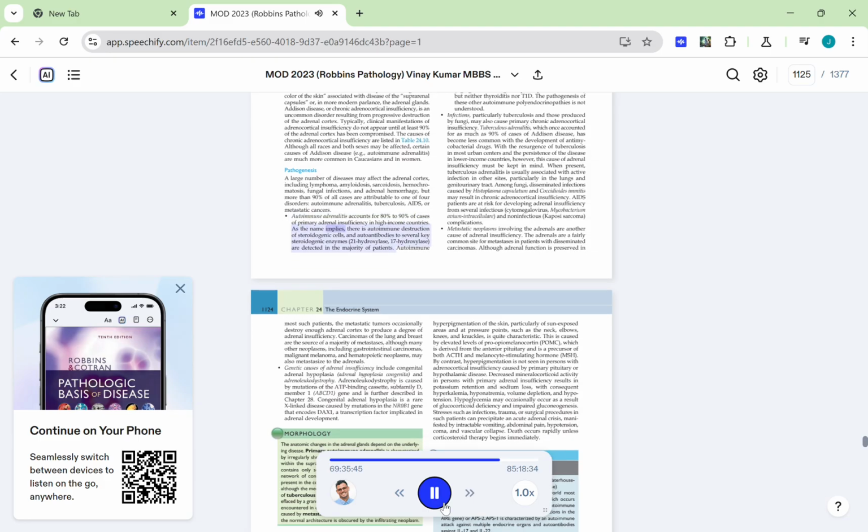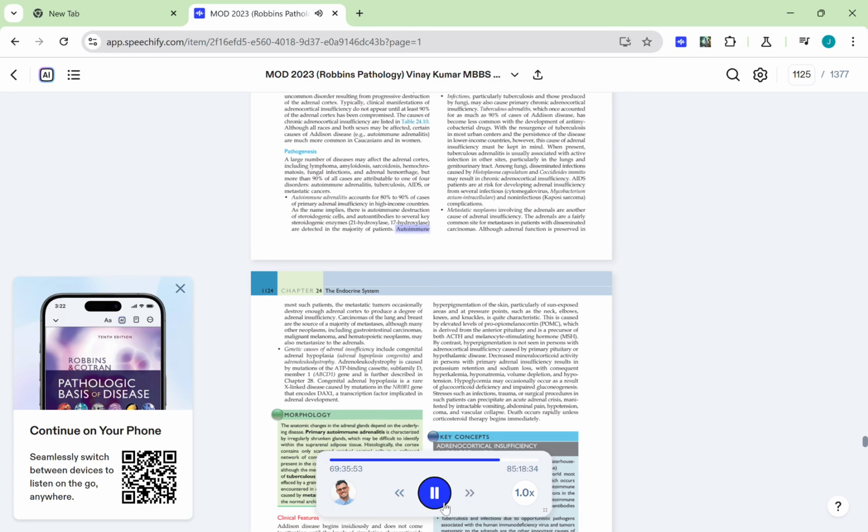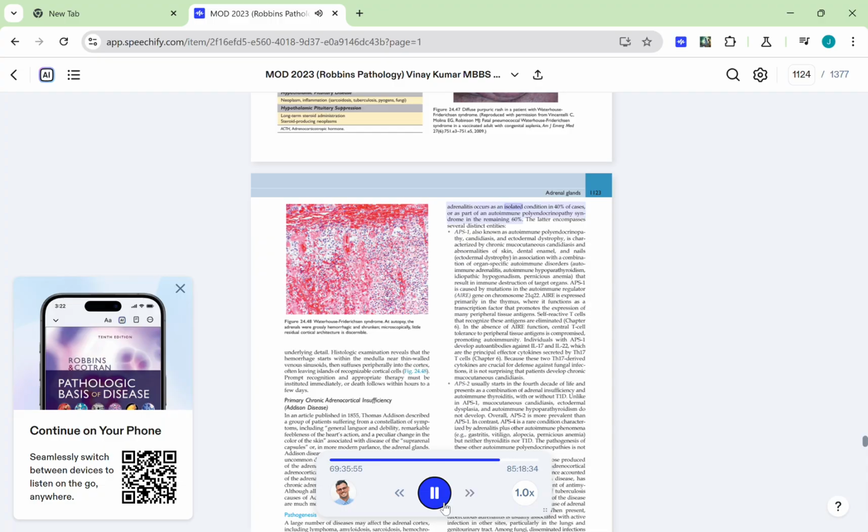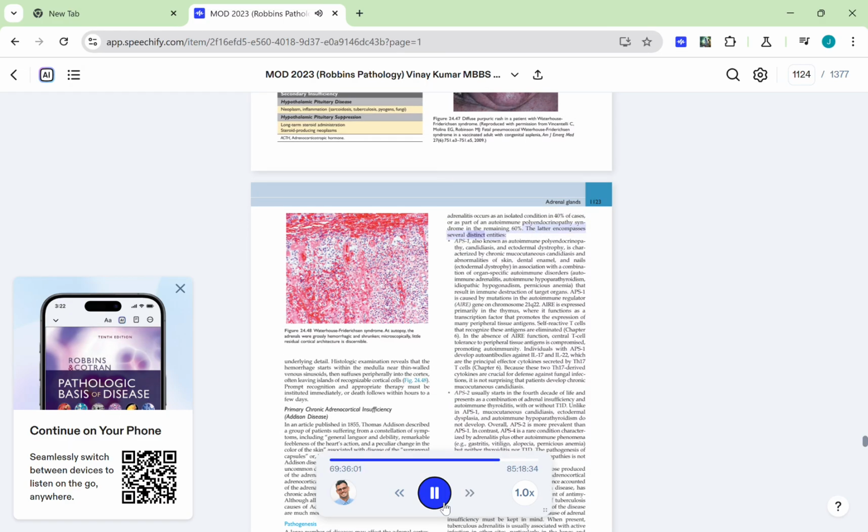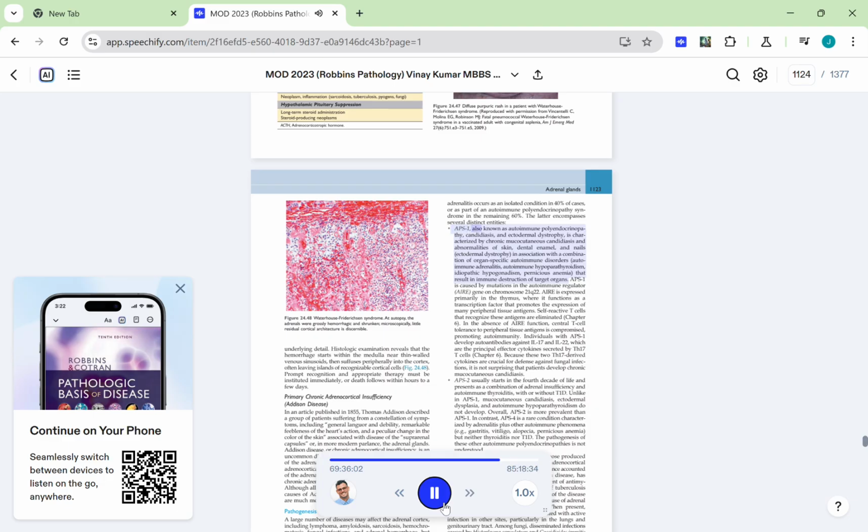As the name implies, there is autoimmune destruction of steroidogenic cells, and autoantibodies to several key steroidogenic enzymes are detected in the majority of patients. Autoimmune adrenalitis occurs as an isolated condition in 40% of cases, or as part of an autoimmune polyendocrinopathy syndrome in the remaining 60%. The latter encompasses several distinct entities. APS1, also known as autoimmune polyendocrinopathy, candidiasis, and ectodermal dystrophy, is characterized by chronic mucocutaneous candidiasis and abnormalities of skin, dental enamel, and nails